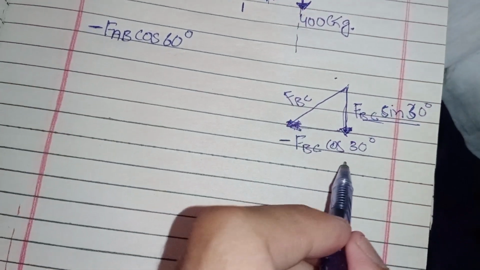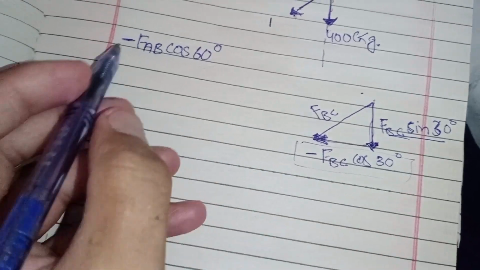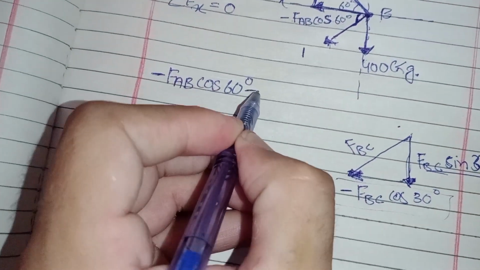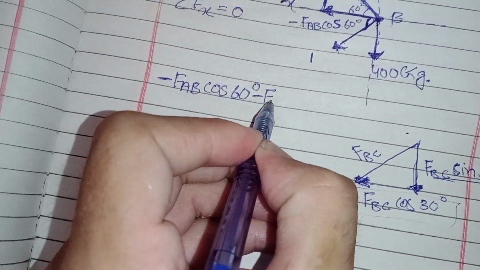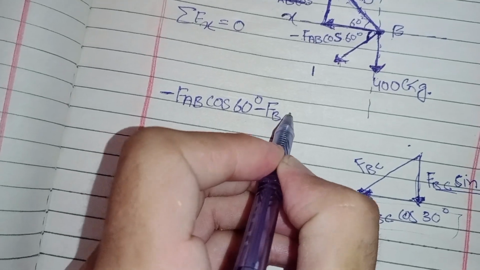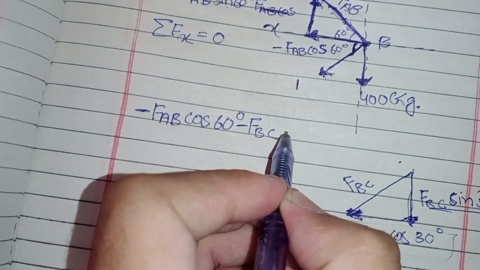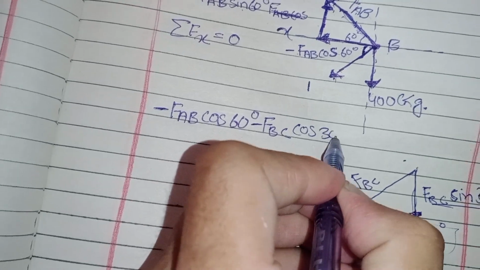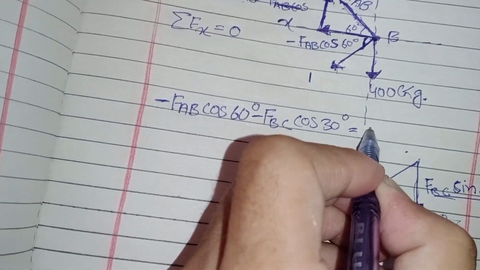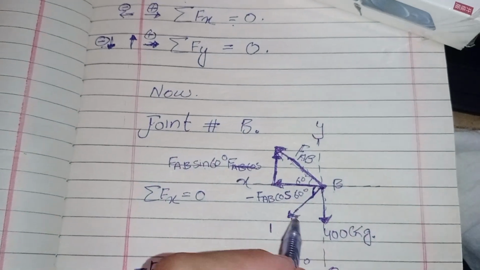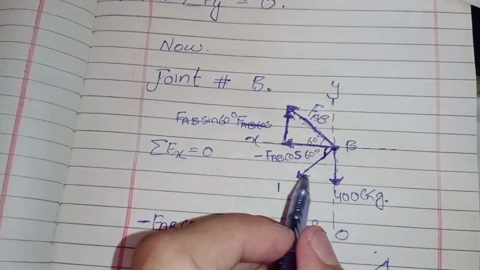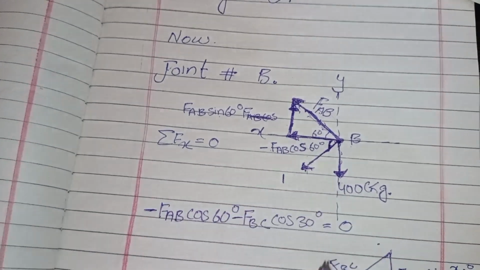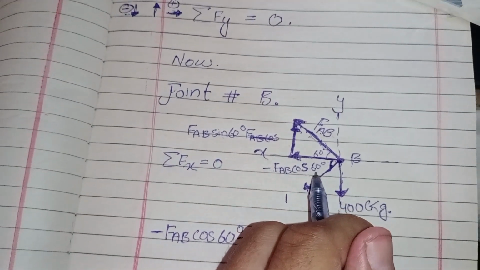Okay, and we also find negative F of BC cos 30 degree equal to 0. There is no force remaining in the horizontal plane. Okay,